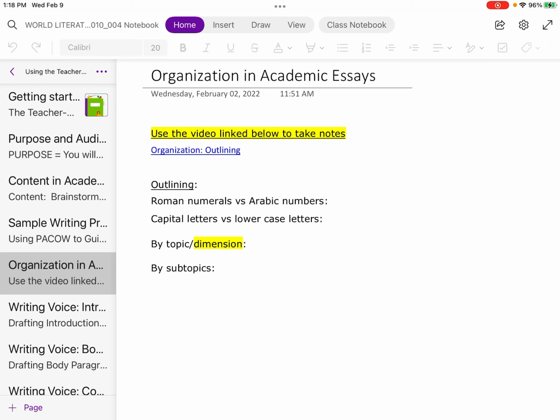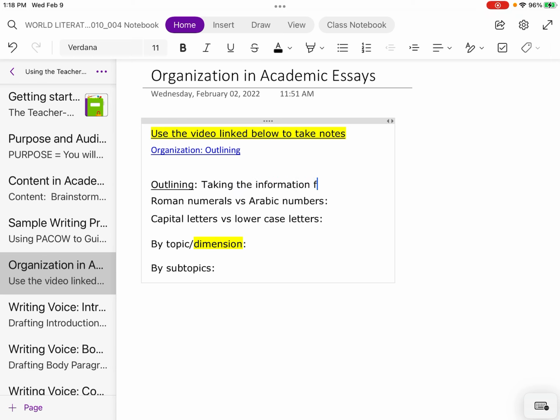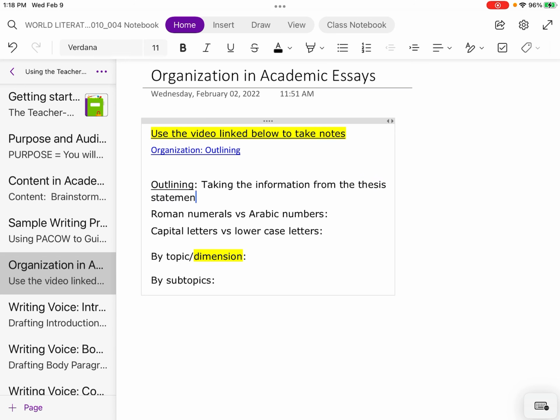We are taking the information in our thesis statement and we're taking the information from our brainstorming and we're putting it in order so we can write our paragraphs more easily. Okay? So again, taking the information from the thesis statement,